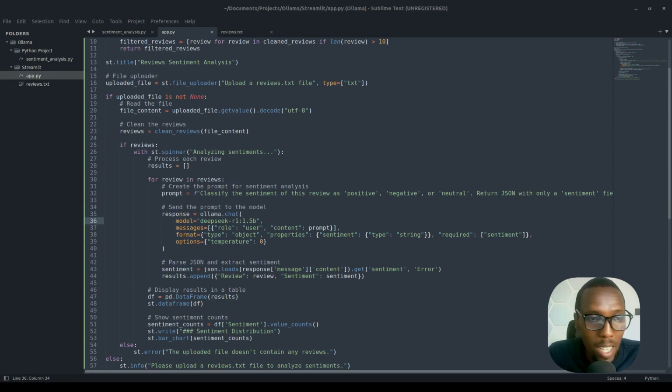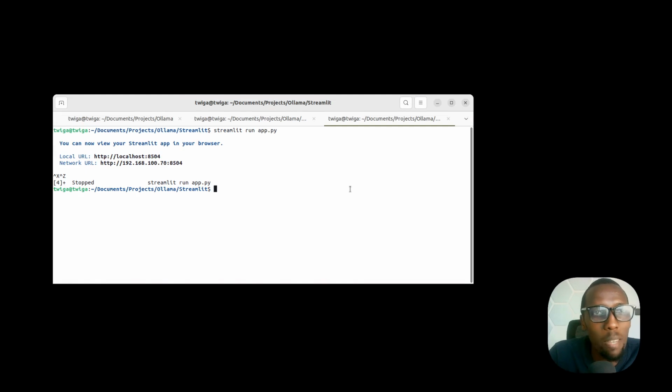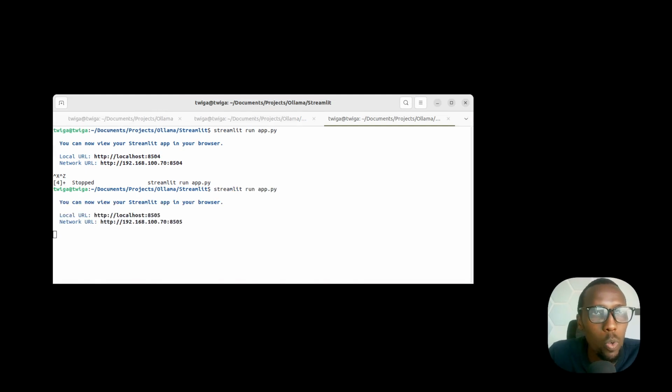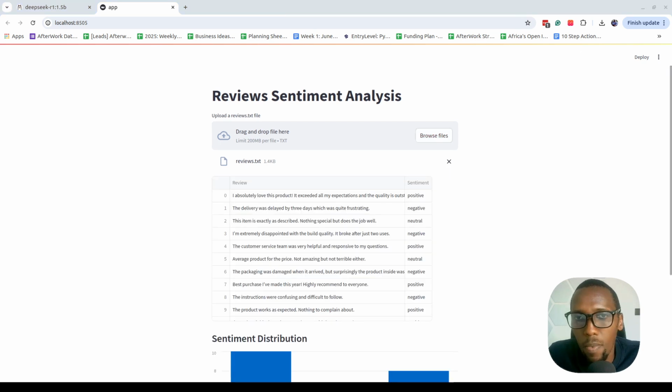In order to run that particular code, we would need to go back to our terminal, type in streamlit run app.py, and this will simply open up our Streamlit application on the web. Here we can select a dataset, the reviews txt dataset, and it will take just a while to run through. Yep, and